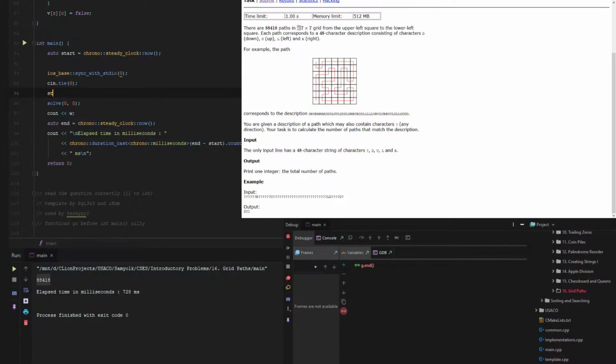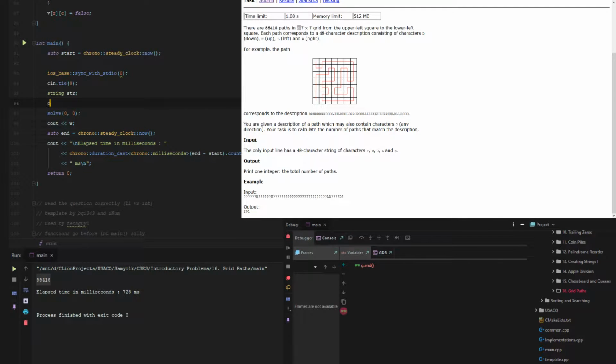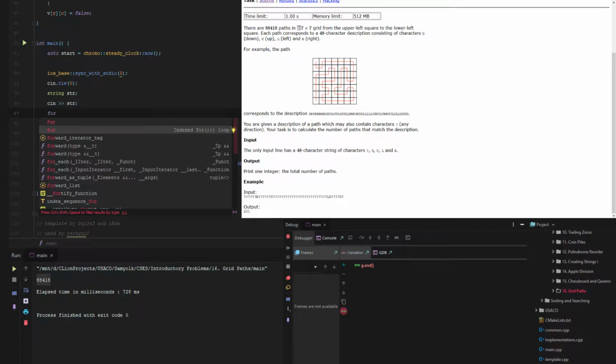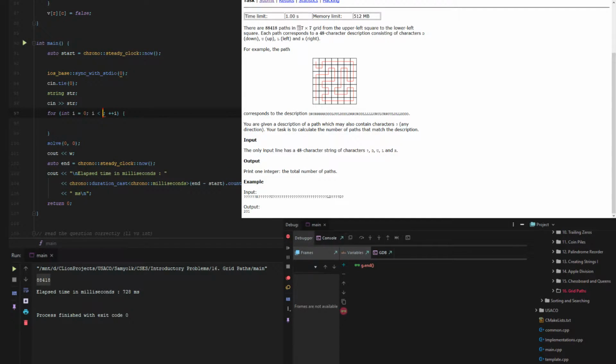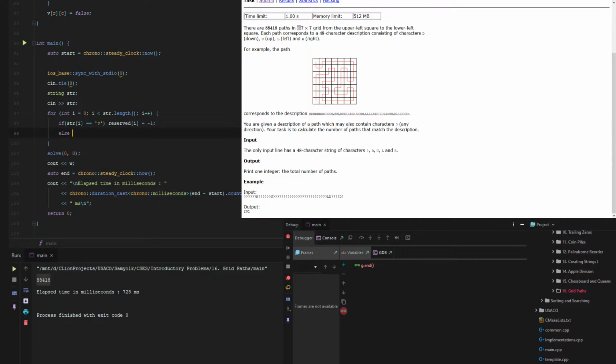Okay? And then what we're going to do is string str, and then we're going to take in str. And then for all the letters in str, all we have to do is just adjust it. So if str I is a question mark, then I equals -1. Otherwise, it equals